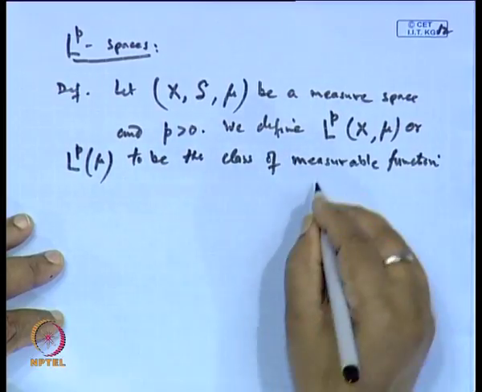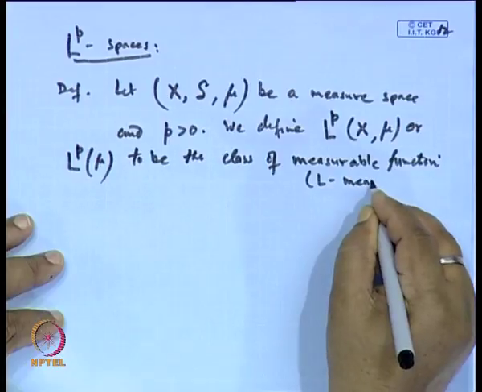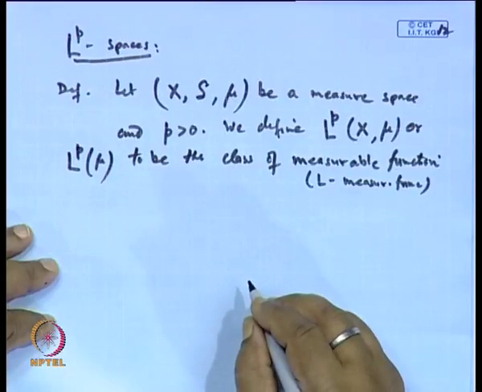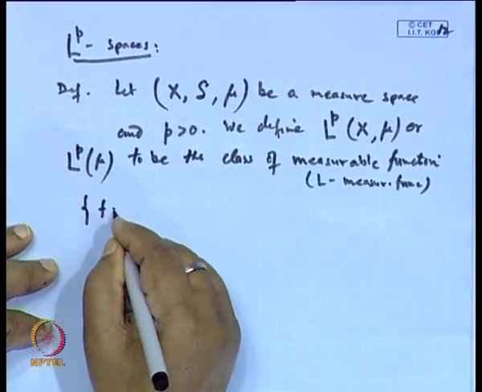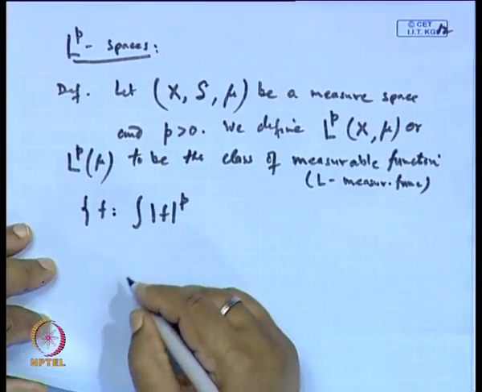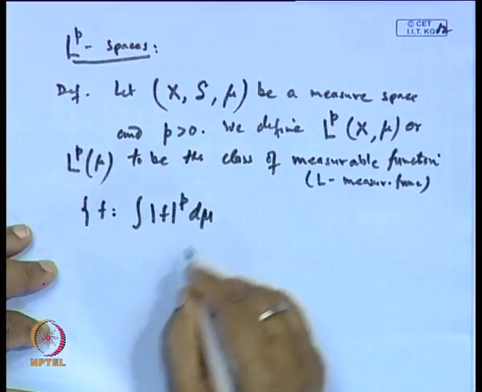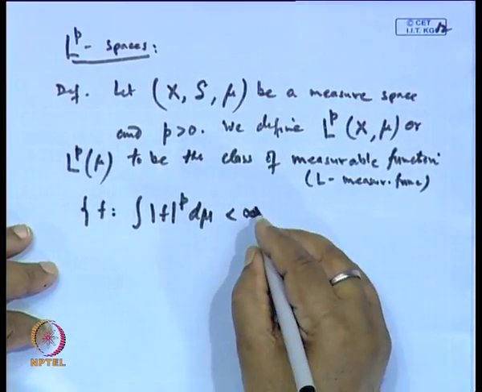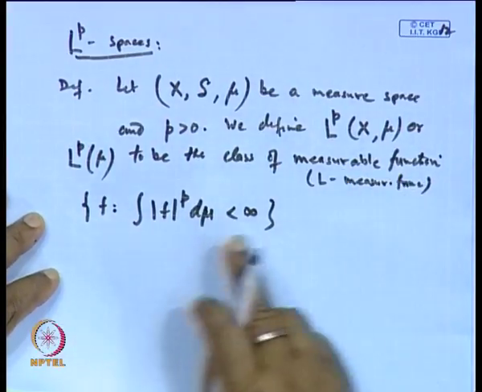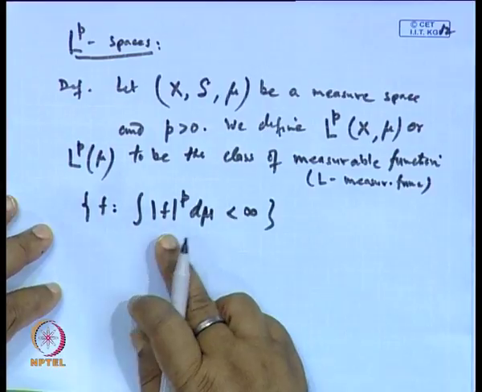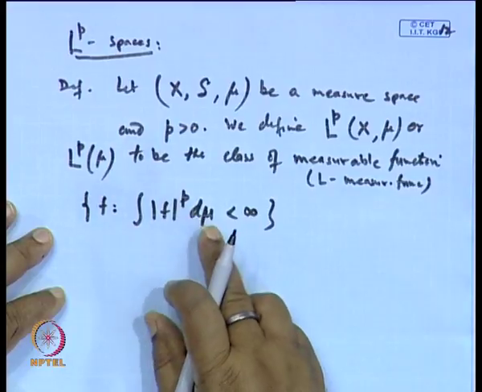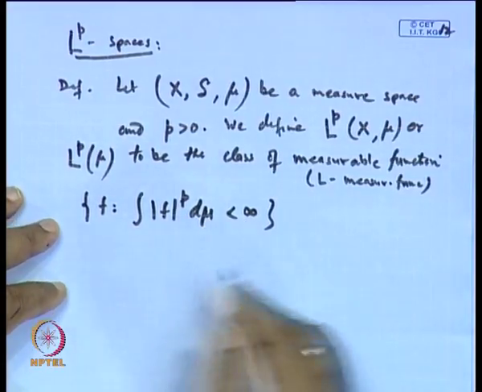Here, when we say measurable, it means Lebesgue measurable function. Functions f such that the Lebesgue integral of mod f to the power p is finite. So, basically we are choosing those measurable functions which are pth integrable, that is, the Lebesgue integral of mod f to the power p is finite,